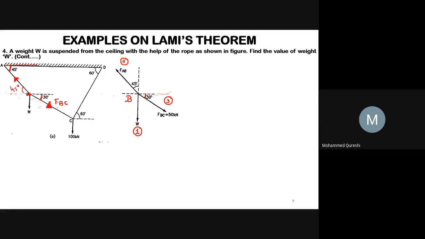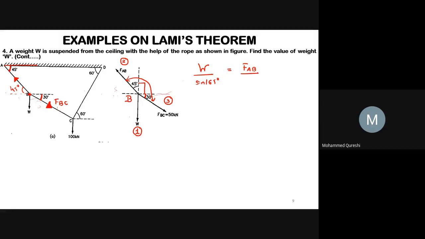Hence the angle is 45 degree. Now we will apply Lami's theorem, that is W upon sine of the angle between the other two, which will be 45 plus 90 plus 30. So you will get W upon sine 165 degree equals to